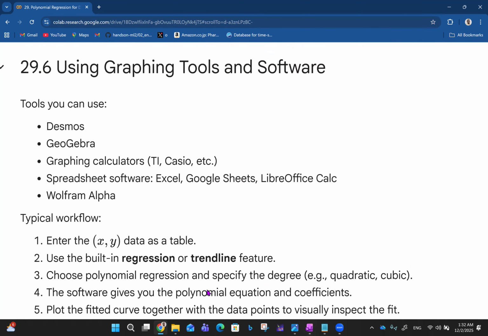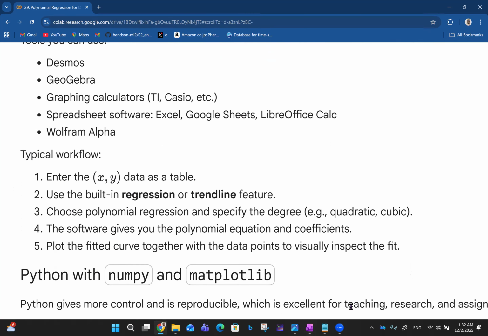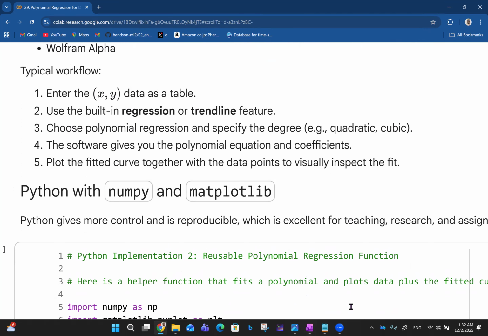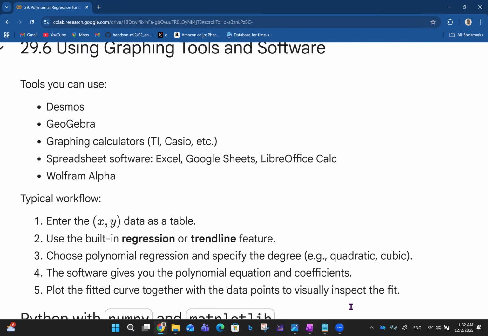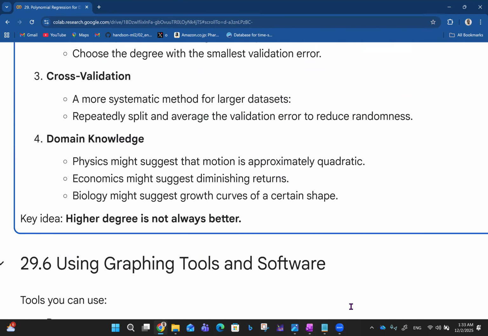Then the software gives you the polynomial equation and coefficient. Then plot the fitted curve together with the data points to visually inspect the fit. I'm going to show you just that. Okay, well, before I go to Python, let me show you how to use Wolfram Alpha for this same thing